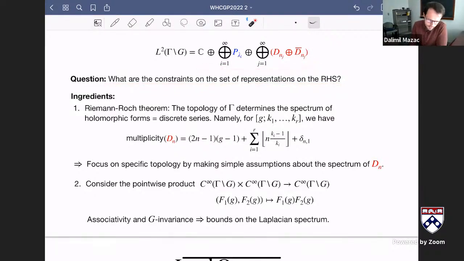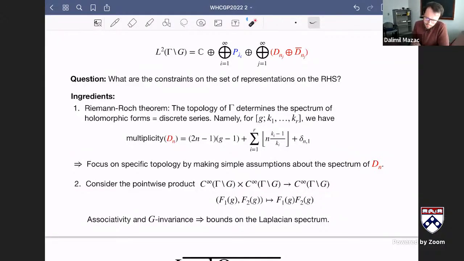And there are two ingredients that we are going to use. The first one is the Riemann-Roch theorem, which basically fixes the spectrum of the discrete series in terms of the topology. The topology consists of the genus and the orbifold degrees, and there is a closed formula for how many times this discrete series representation appears for a given topology. So the degeneracy does not depend on the moduli, but the spectrum of the Laplacian depends on the moduli, and we're going to constrain it using